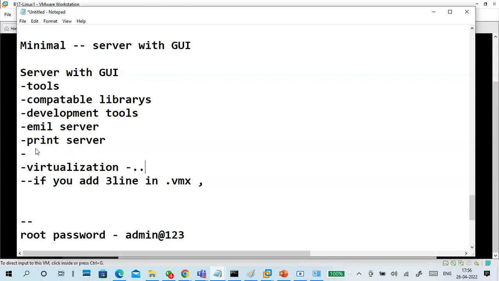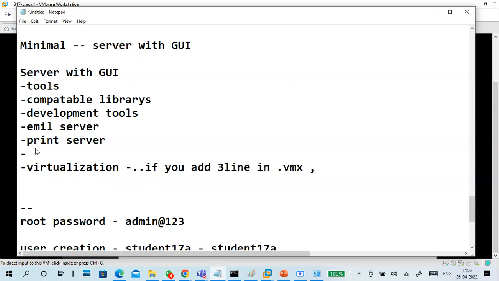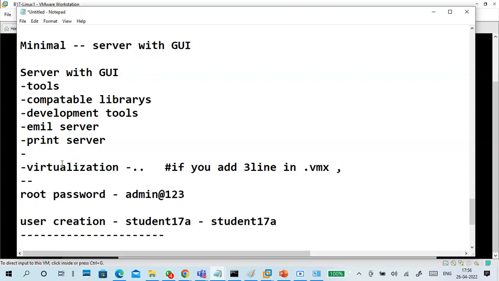So virtualization related things you can add only if you add 3 lines to the VMX file, otherwise don't add it. Better not to add it, otherwise it will take a lot of time.